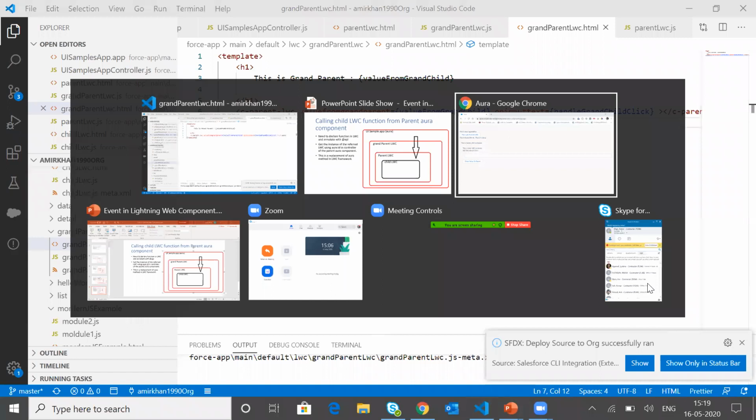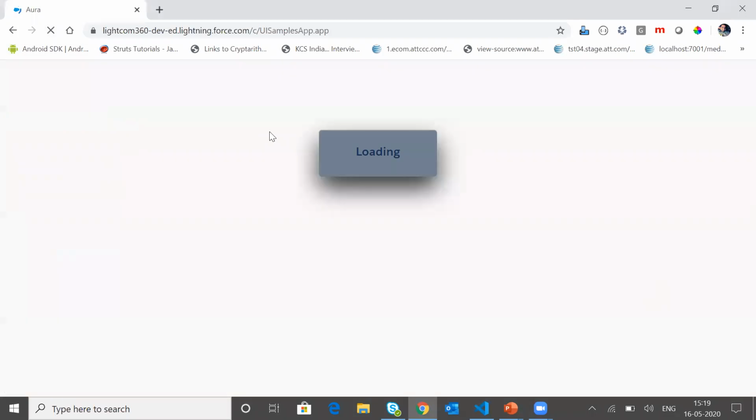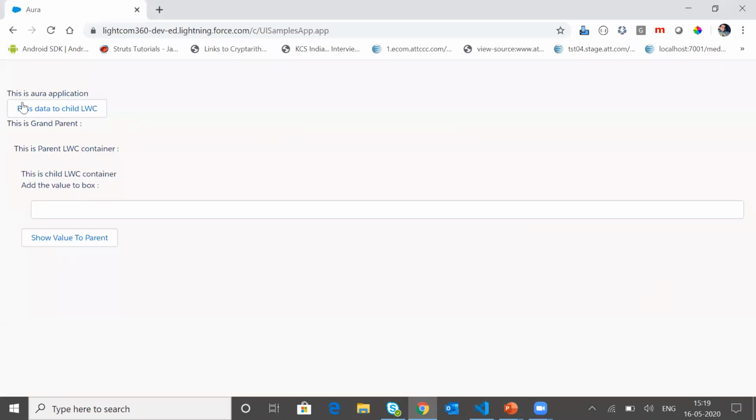Now let me go back to the browser and check if we are getting the correct value in the parent LWC container or not. So I'm clicking the button. See, we got the data from the parent Aura component towards the parent LWC container. Okay, and we have achieved this by using the shared attribute.